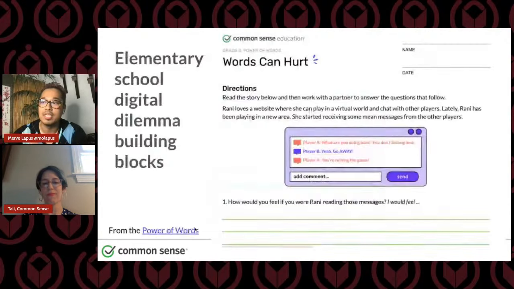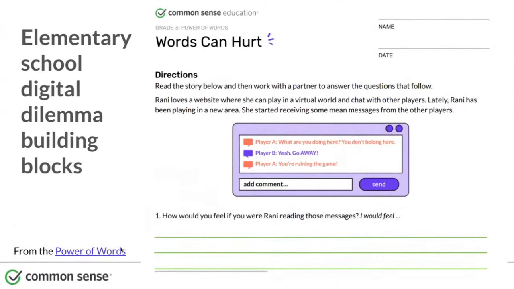And I know we're coming up to time, so we're just going to go briefly into this next section. Talia, anything you want to say really quickly? I just wanted to highlight, while the examples that we just shared with the digital dilemmas are designed for middle school and high school, and you can pull out ones that are focused on relationships, on civics, and so forth. We have these in elementary schools too. They're the building blocks for thinking about this kind of critical engagement.